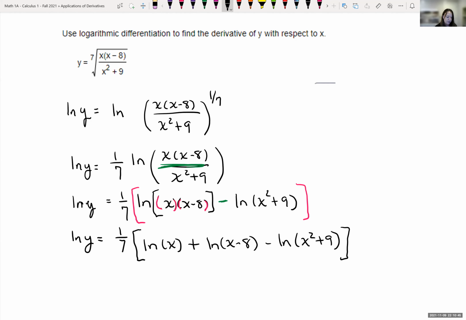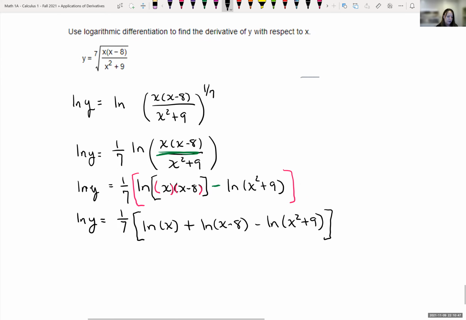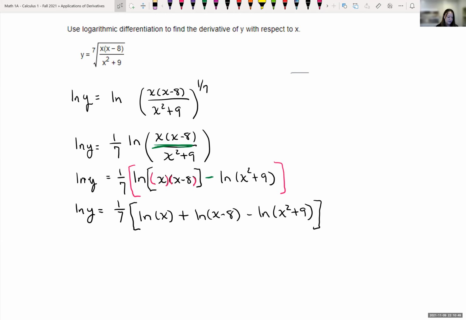And so we're going to take the derivative of both sides of our equation. Remember, y is a function in terms of x. So when we take the derivative of natural log of y, we need to use the chain rule. So the derivative of natural log of y is 1 over y times the derivative of y, which we can call dy over dx, equals 1/7 times. So we're taking the derivative of the natural log of x, which is just 1 over x, plus